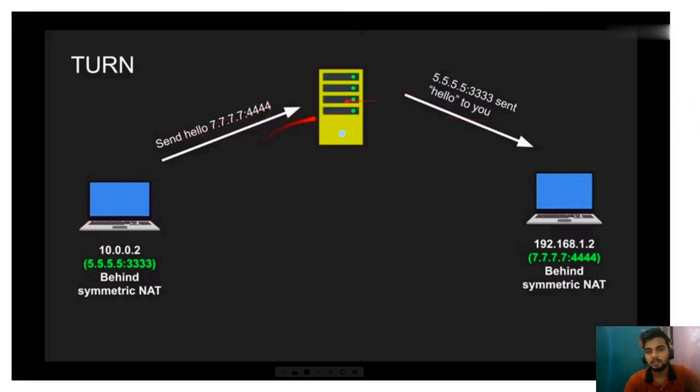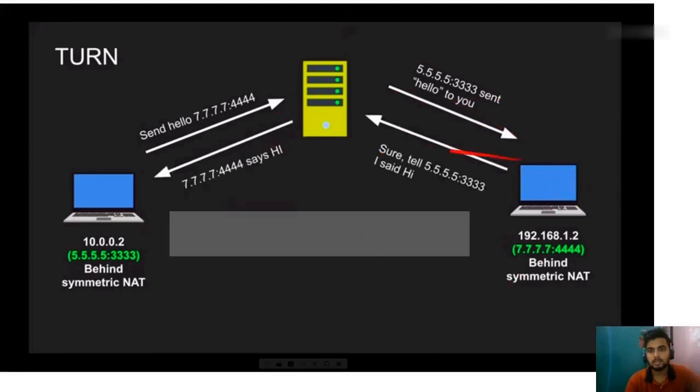So the TURN server then calls, hey, this IP address said hello to you. Then this device says, sure, send him hi too. Then the TURN server will tell, hey, this public IP address said hi too. This is how TURN works. In this example, we have shown how messages go through TURN, but we can also send a stream of data